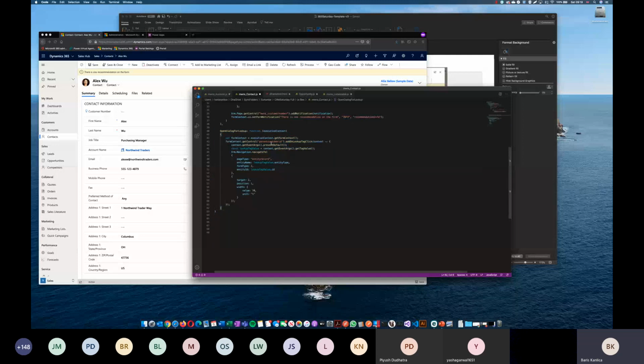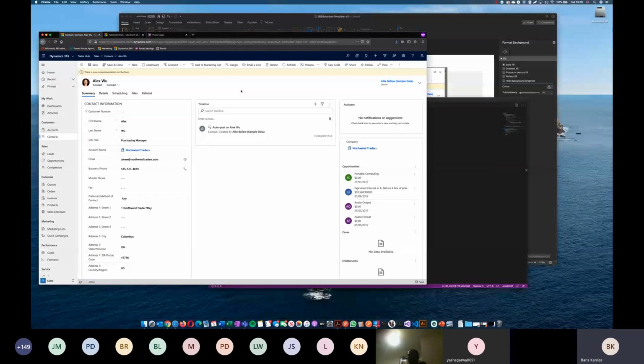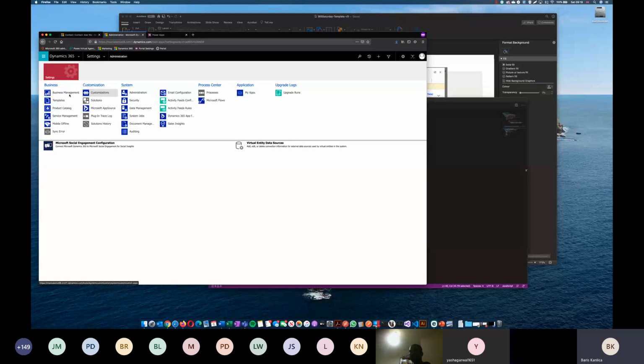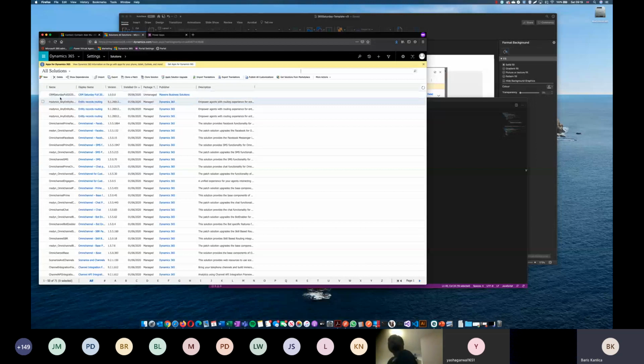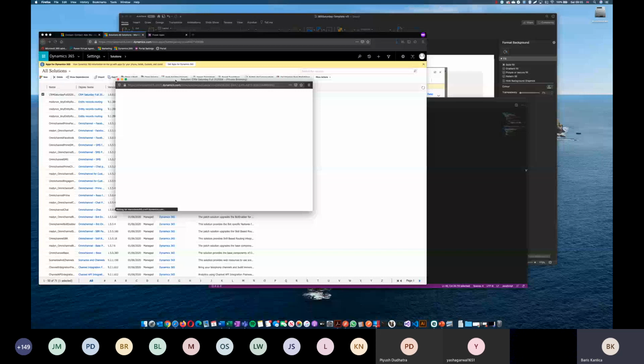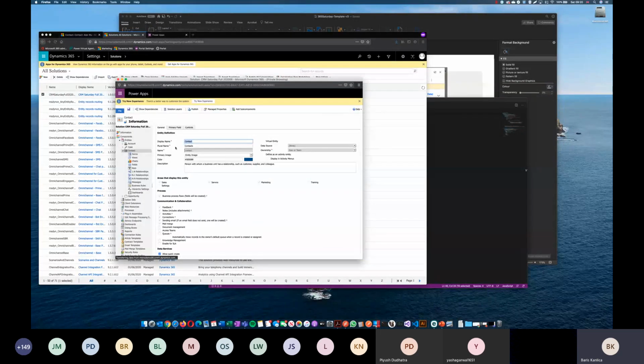So in that code, open dialog for a lookup, and then let's check this. It is in the items in here, settings, solutions. I have one solution here. I'm always creating solutions for my demonstrations. It should be somewhere in here. Yeah, it's here at the top, and then in the contact entity. So in the contact form,